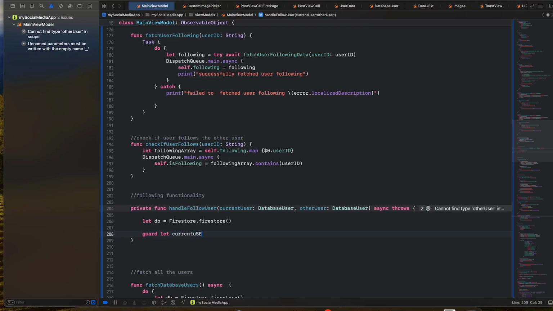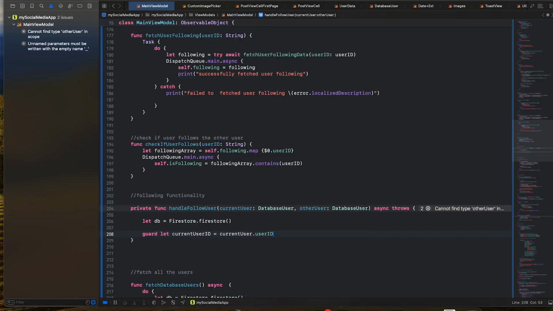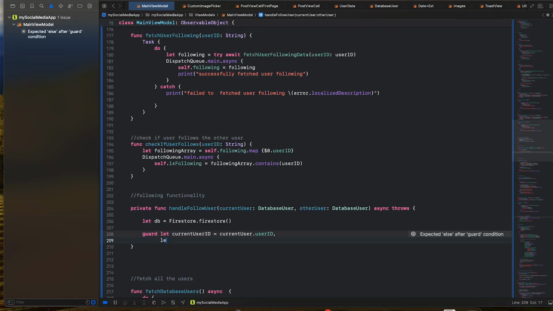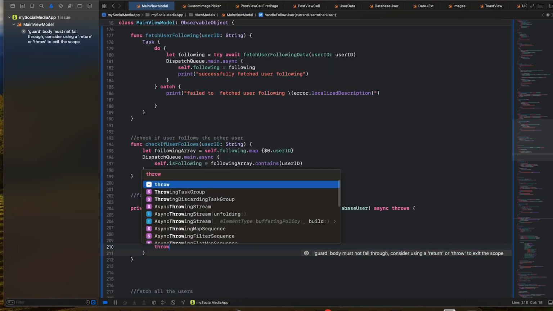Current user ID, that would be current user dot ID. And now what we can do is add a comma here. We can create another let, and we can call it other user ID, and this would be for the other user dot user ID. Now if this doesn't work out, we can just throw an error basically, and we can say